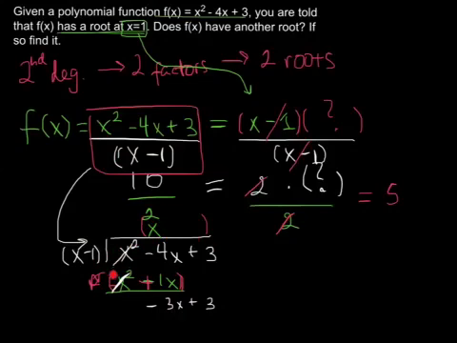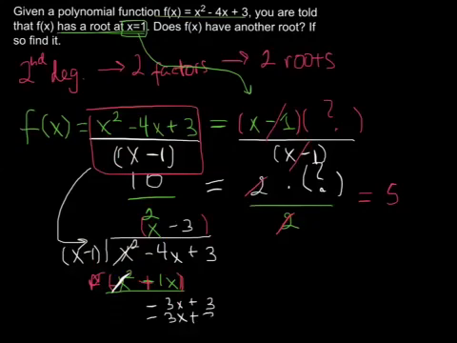X times x minus 1 gets me x squared minus 1x. So now all I need left is the negative 3x plus 3, because if I were to combine these, notice I'd have x squared minus 1x minus 3x, which would give me minus 4x plus 3. So I'd have everything I could possibly need. So what will I have to multiply x by to get negative 3x? Just negative 3. And now when I multiply negative 3 by x minus 1, I'm going to get negative 3x, exactly what I wanted. I got negative 3x